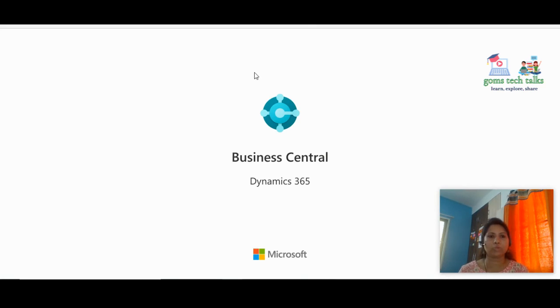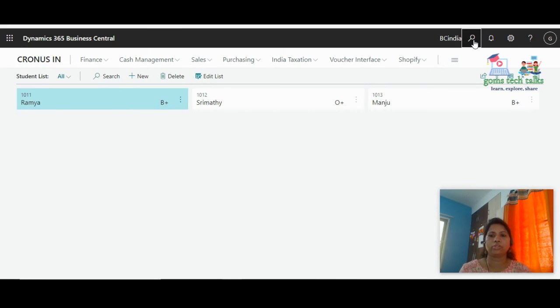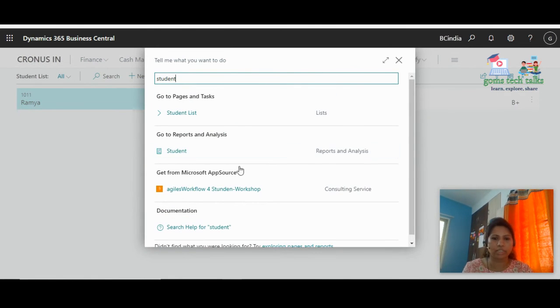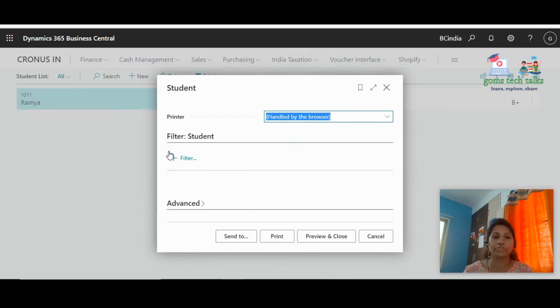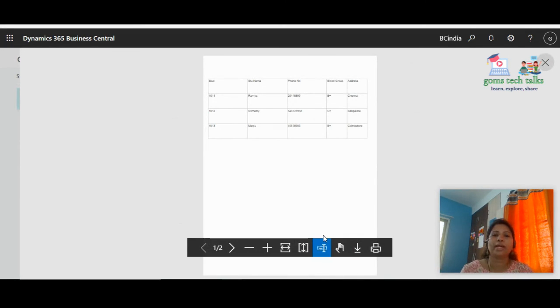Report and analysis was there, no? So you can just go to the search bar and search for the student report. So I'm going to the search bar and clicking student. If you just wait, you can see the report and analysis. Click the student. Here you can see the printer, we are not going to print it, we are just going to see that. And filters, we'll be looking at the filter in a future session. You just have to click print or preview and close. If you click preview and close, you can see that this is what we have built in our RDLC